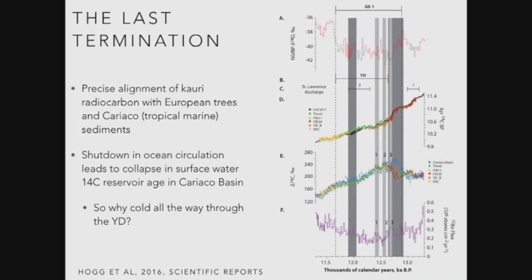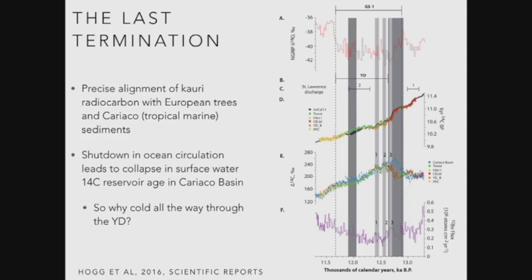When you put on the KAURI and we link all the European trees together, what I hope you can see is there's two grey columns there. Those are periods at which the blue curve, the Cariaco Basin surface waters, diverges from the trees, or the atmospheric C14. So what that's telling you is there's two periods when the oceans are doing something different at Cariaco to the atmosphere. Most of the time they just map on really beautifully, but there's two periods. And the first one is this massive divergence that starts about 12,900 years ago.